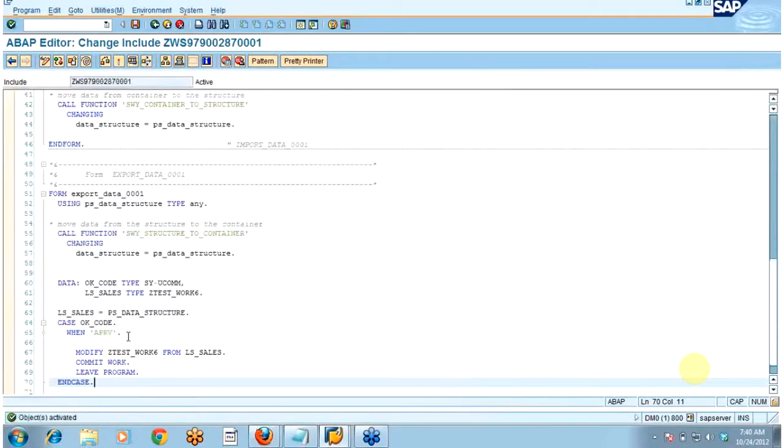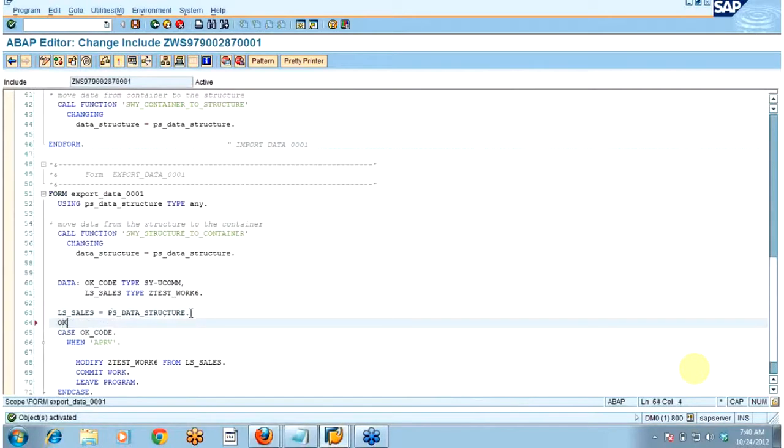So here what I am doing, first I'm just reading. Okay, I have not read this. Let me see. So here what I'm doing, in this PS data structure, the value we are having, that sales order number, what we are having in that structure in the module pool, will get populated in this PS data structure.